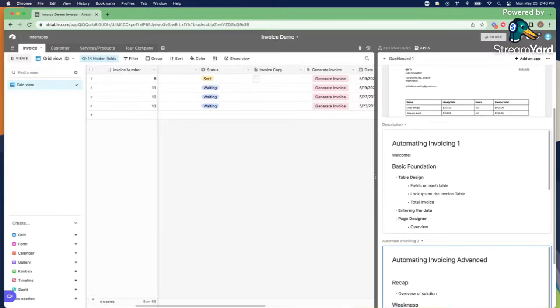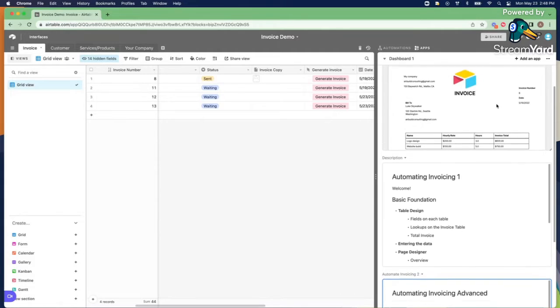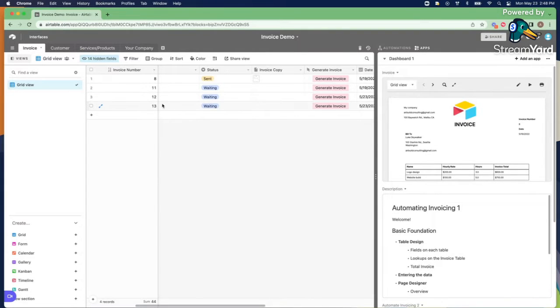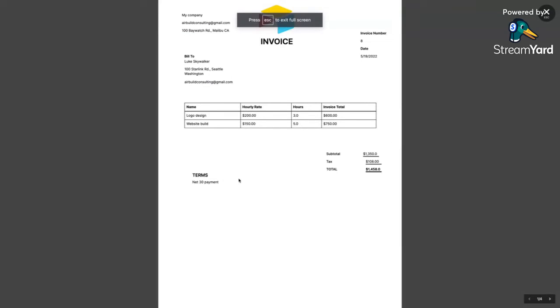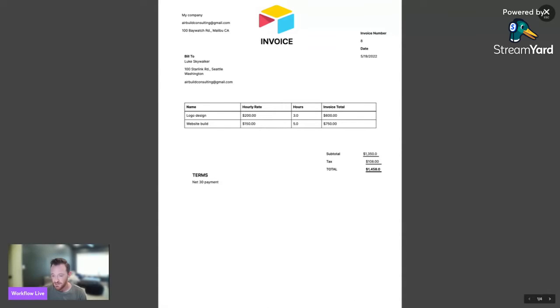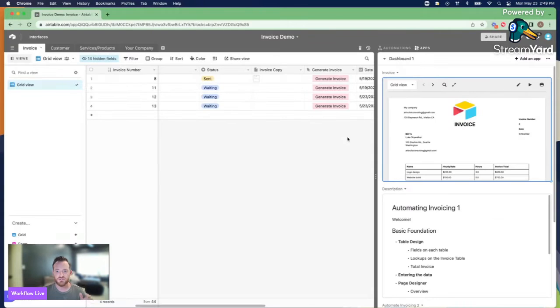So last time we went through and created a system that when we inputted the invoice information, it would populate here in the Page Designer app, giving us a really good way to charge for our services, add all that up, automate the entire process, right? So that worked well. And now we're looking at how do we take this a step further,